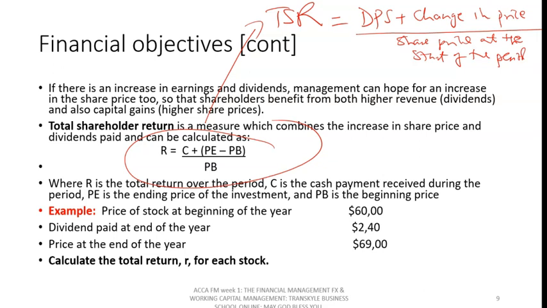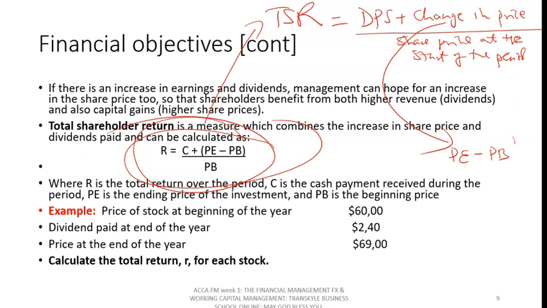Okay, and when we are talking of this change, the change is the price today, the ending price: price at the end of the period minus price at the start of the period or the beginning of the period, as you have seen in this particular formula. So let us